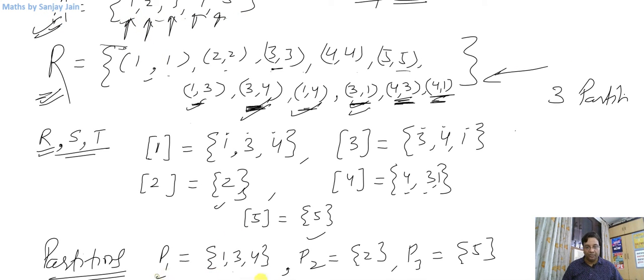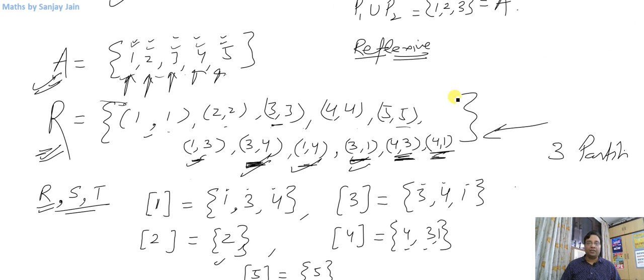If you take the union of P1, P2, P3, you will have 1, 2, 3, 4 and 5, and there is no common element in P1, P2 and P3, right? We talked about the maximum number of partitions possible. Maximum number of partitions will be possible for a relation in A when it has got all the doublets, that is (1,1), (2,2), (3,3), (4,4), (5,5). Then there will be 5 partitions.